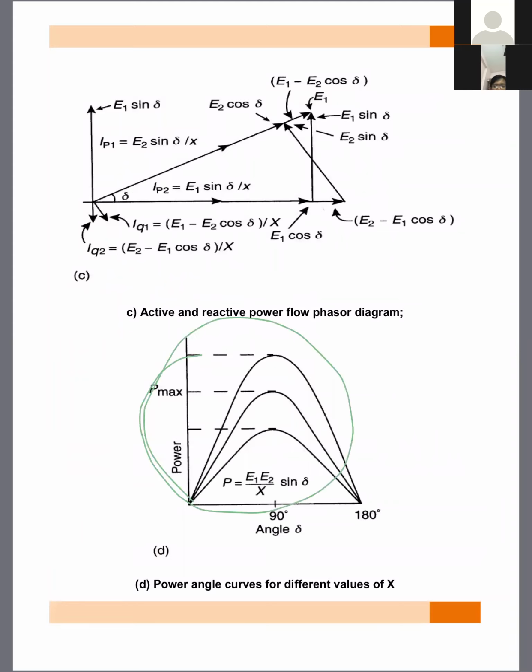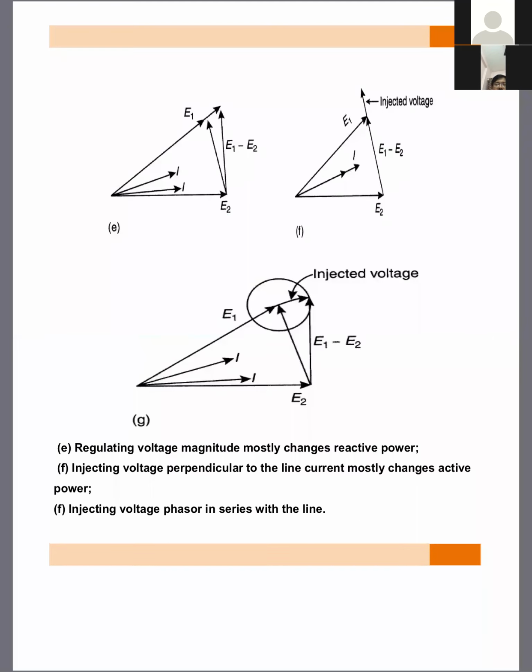And X directly will affect, so that power flow will change. And then coming to the shunt compensation, you can see that these two come under shunt compensation, and in case G, the injected voltage magnitude and phase angle will be changed. So all possible cases you can get from this one. So this is today's topic I have chosen.